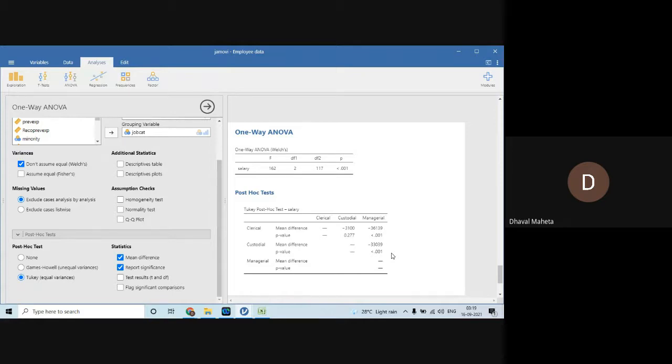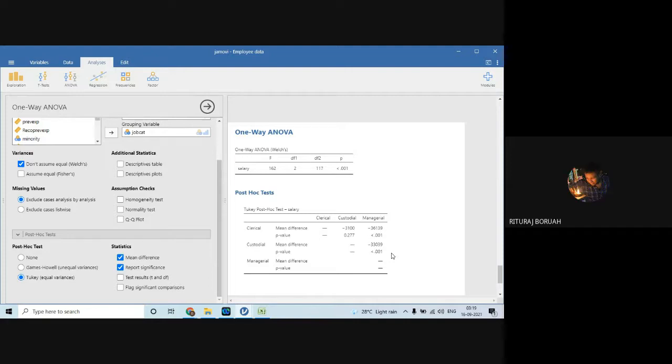Can anybody tell me which are those pairs in which there is a big difference in salary? Clerical and managerial, and custodial and managerial. Sir, I didn't get it. What's the confusion?